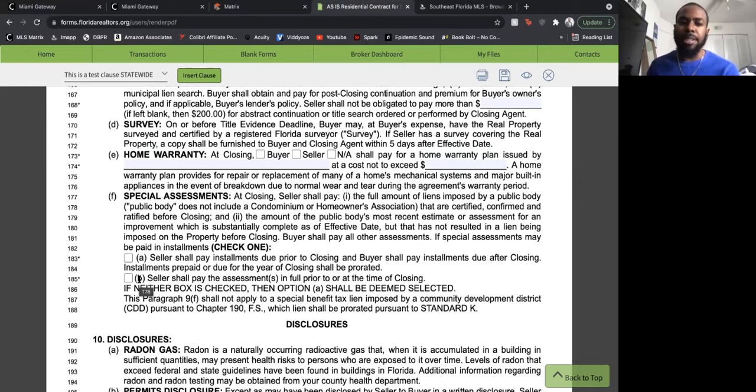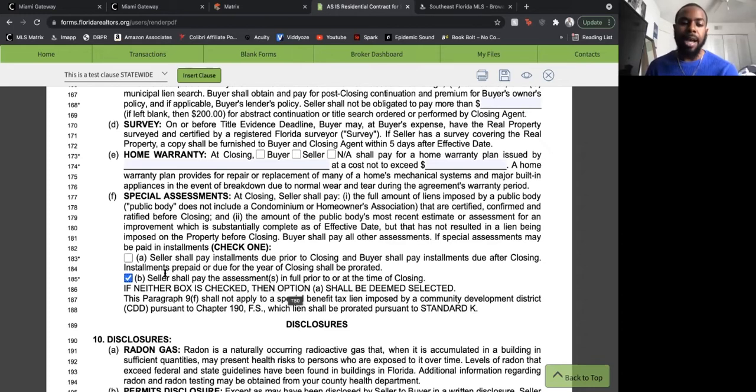So all owners need to kick in $300 a month for the next 2 years to pay for this new roof. So this is asking, well, who pays for that? This one right here says the seller will pay for these monthly fees up until closing, and after closing, the buyer, my buyer, will take over these payments for the next 2 years. This one says at closing, you got a big chunk of change coming up. We want you to pay all 2 years, whatever your balance is, up front, so we can move in free